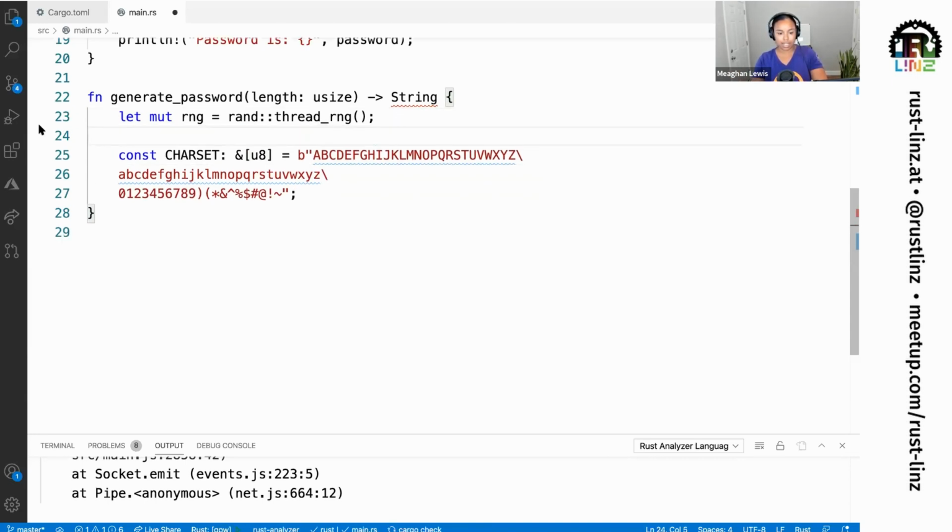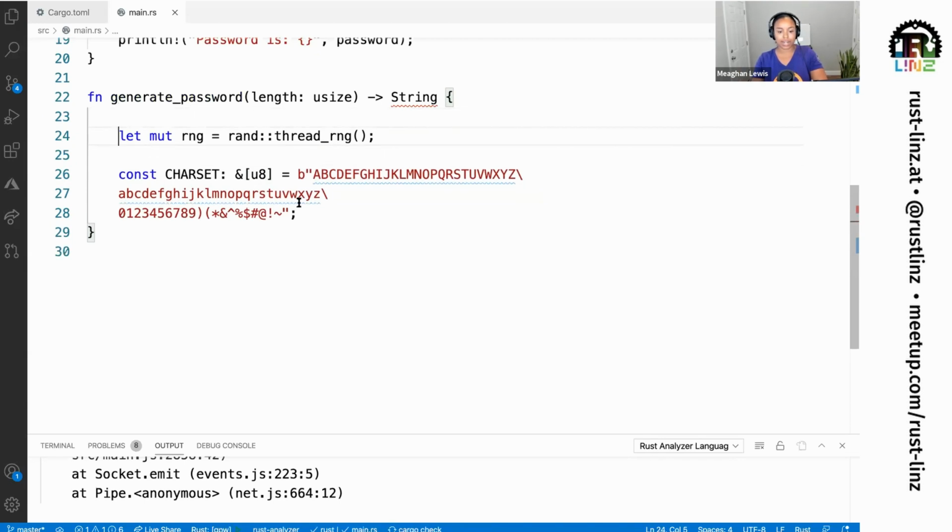All right. And then I'm going to keep going here. So next I want to get to the meaty part, which is going to allow me to cycle through, and for each of the characters in my password, I want to randomly generate a character based on this char set. So I'm going to introduce this iterator, which is going to start at 0 and go up to the length of the password that I specify.